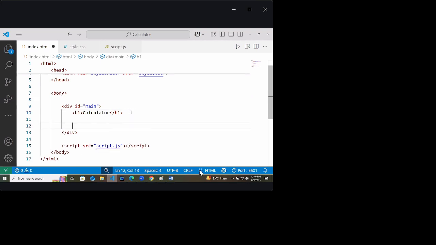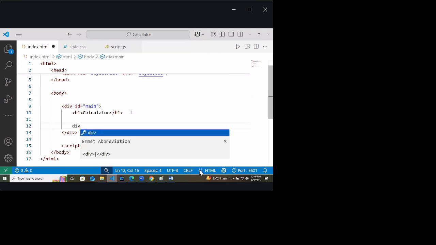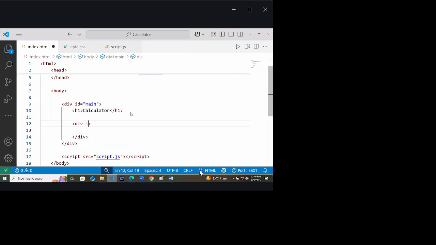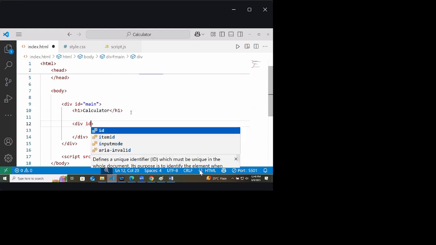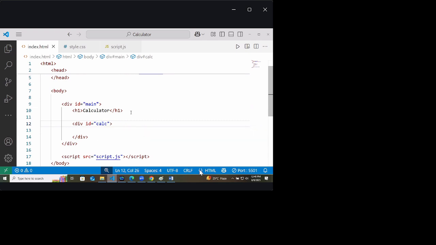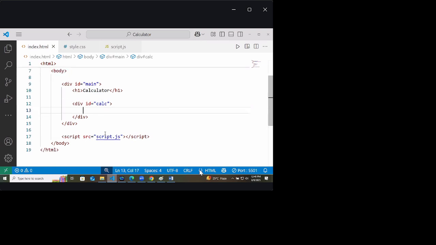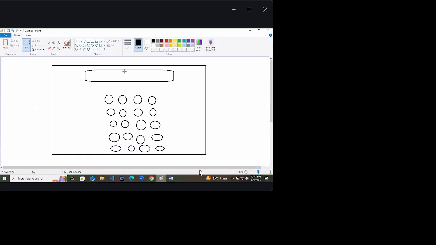So for that calculator, one more div I will create, to be very short, like this. Now inside this calculator CALC, at first this is an input box, right?